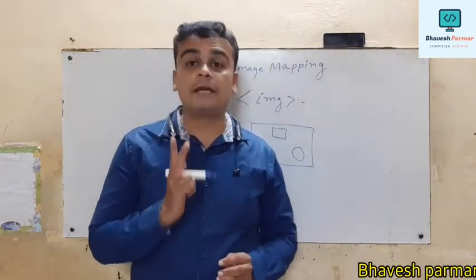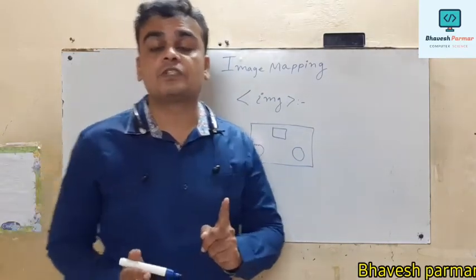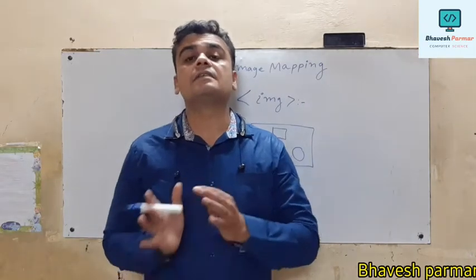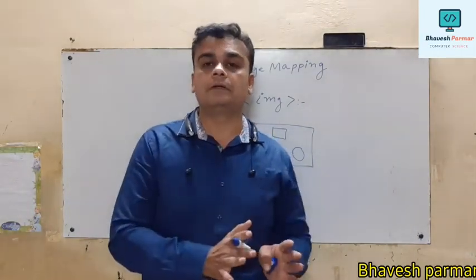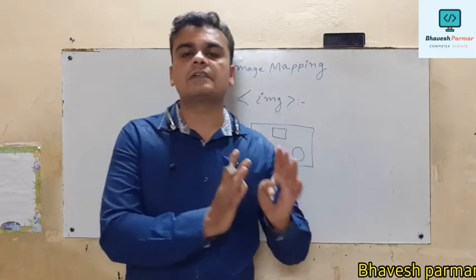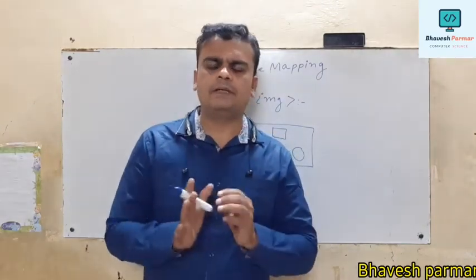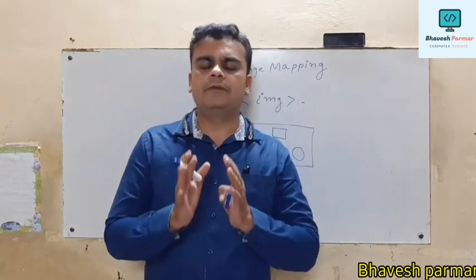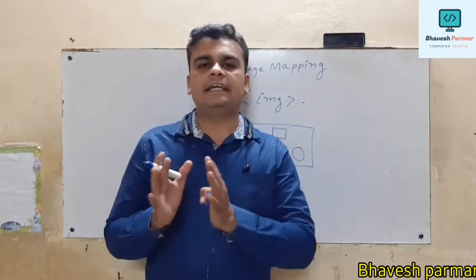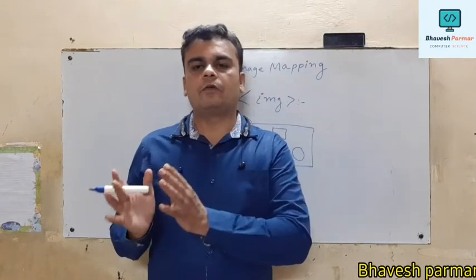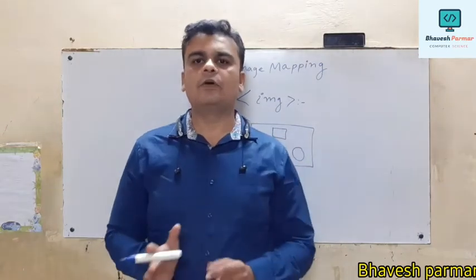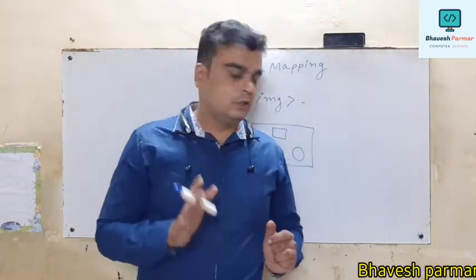And guys, there are two types of image mapping. The first one is client side image mapping, and the second one is server side image mapping. From our practical point of view, we have to focus on client side image mapping. In that case, we have to prepare one image, and for that image we have to write down its coordinates. How can we write them? We are going to consider that in the same video. But before that,